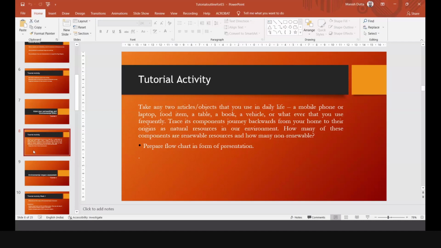You are in some way or the other responsible for pollution. How is that so? Even if you are buying a book, you may be responsible for pollution. How? Because these books are made up of trees, and when the trees are getting cut, it is also contributing to pollution. So this is how you can find the connection.